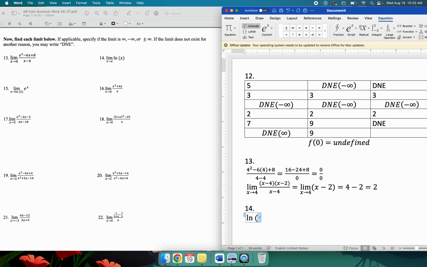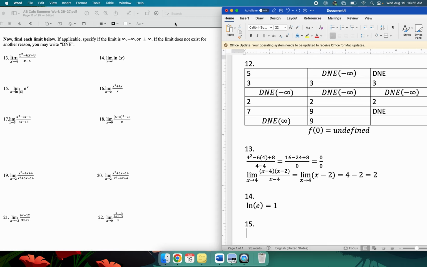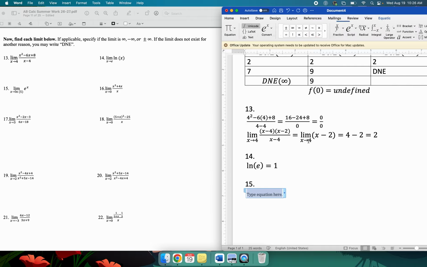Of course, I get ln of e. Is that a number? Yes, it is. It's 1, right? That's the power of e which gives you e. That's 1. So 1 is an actual number. So that's the value of the limit. We're done. 15. Limit as x approaches